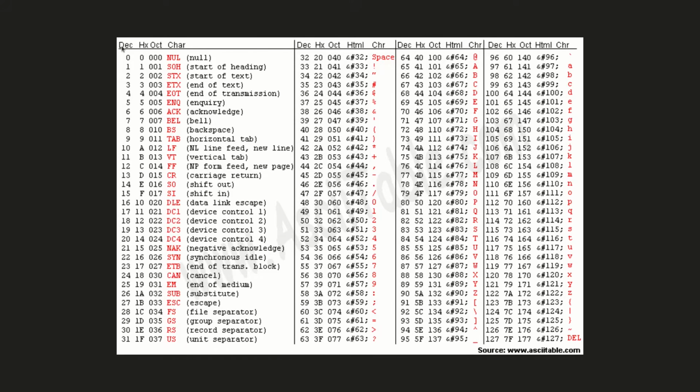Decimal, hexadecimal, and octal are all the same quantity, just represented in different bases. Character is the actual keyboard key that was pressed. So for a space, that's 32 in decimal or 20 in hex. There's also this row with HTML, but we can ignore that for now.